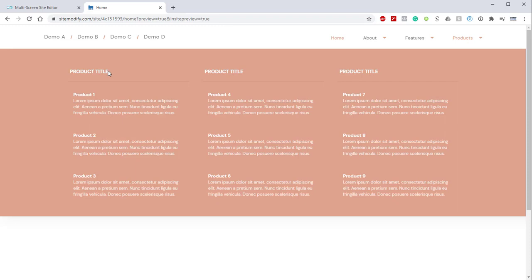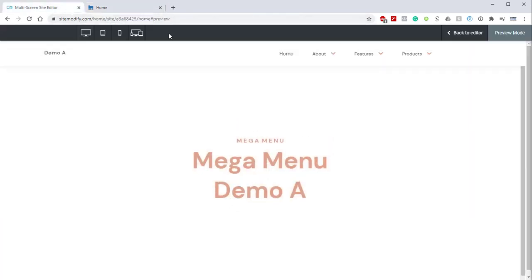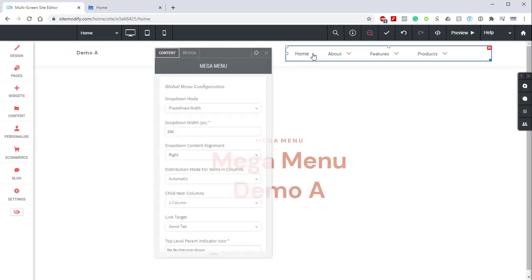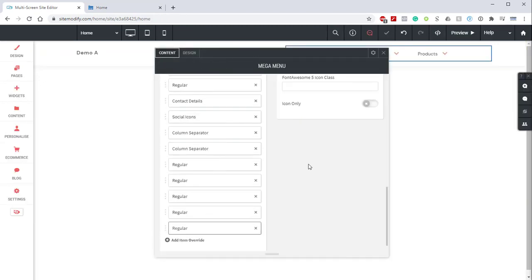We should also create some new column separators so that the product columns stay organized, and we'll need some menu item overrides for all of the products because we just need to add subtitles for those. So let's go ahead and jump back into the builder and start by creating a menu item override for the products drop down itself. We'll open up our widget here, we'll scroll down, we'll create a new item override, and